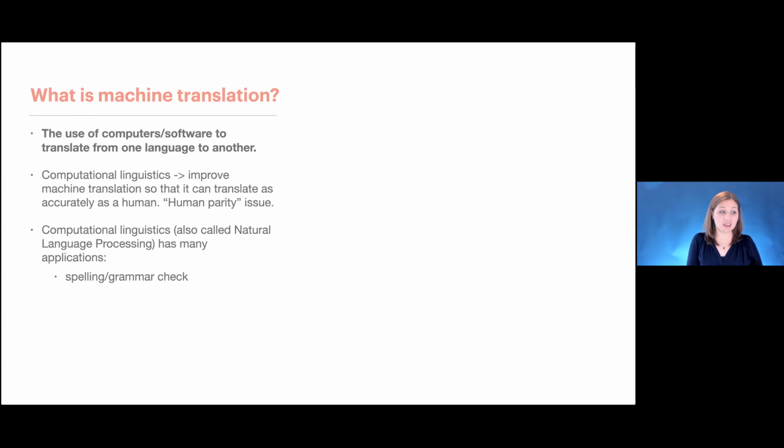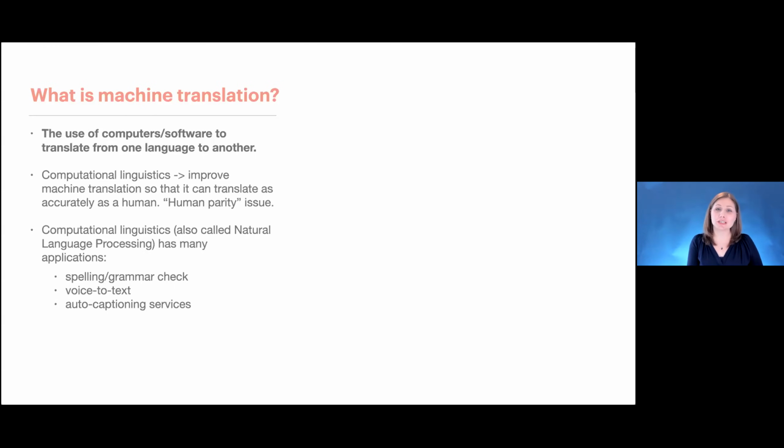Computational linguists don't just do machine translating. They also do many other applications, language and computer type things that we use every day. So spelling and grammar check would be a very common thing that computational linguists are trying to solve, is how do you help Microsoft Word know when a sentence is correct or incorrect. Voice to text, if you do any texting in the car and you might be speaking your texts and then they're showing up, and a lot of times they're not exactly accurate, right? This is a problem that computational linguistics tries to solve.